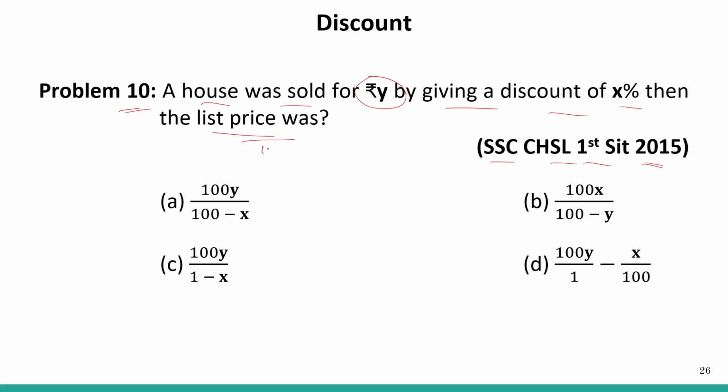So 100 minus X, by 100 is equal to Y. Okay. So this implies that what we have here is it was sold for Y. Okay. So for solving for X, what we are left with is 100 minus X is equal to